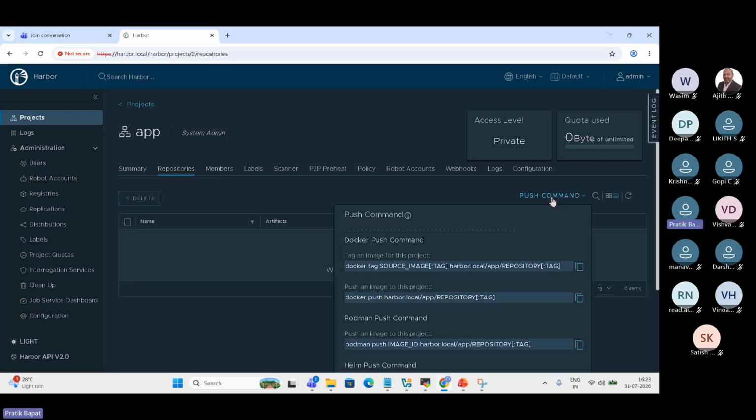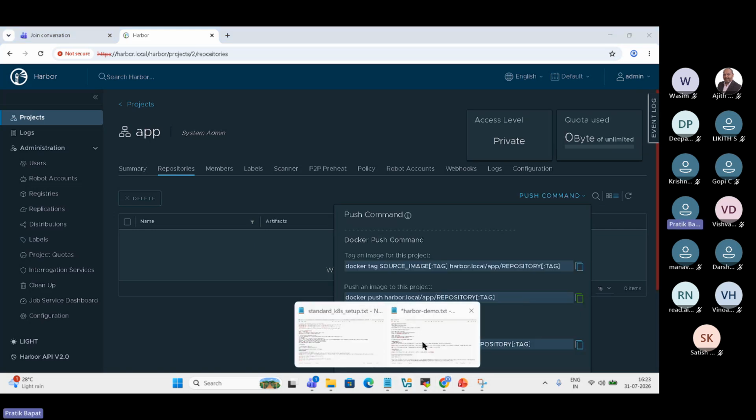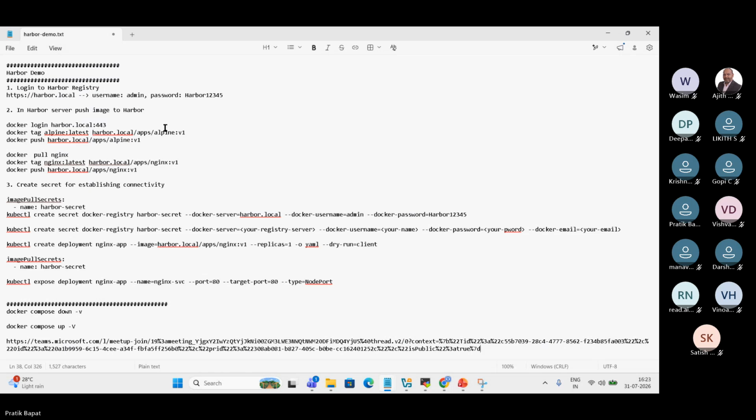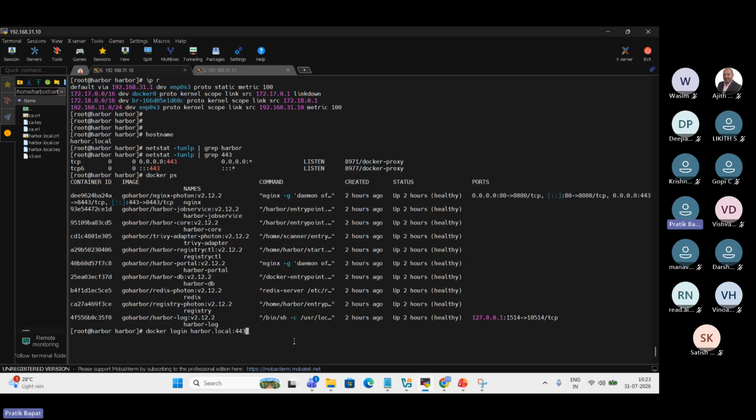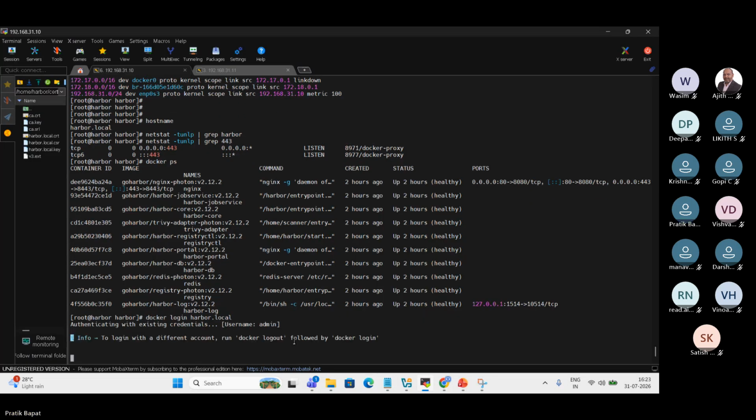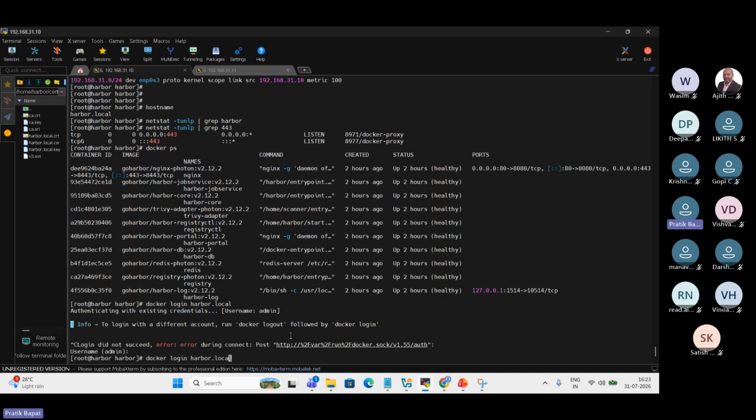So now if I want to push images to this project, then I need to use this command. I will use this command. I'll copy this in Notepad. So first I will just log into my Harbor registry. For Harbor registry login, you need to provide